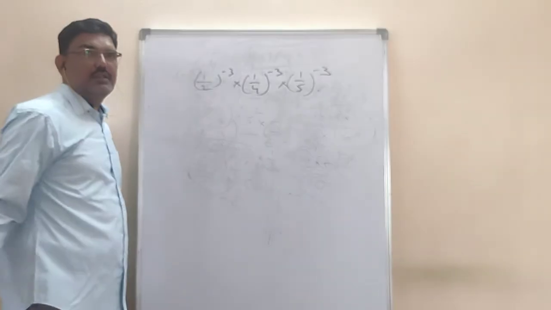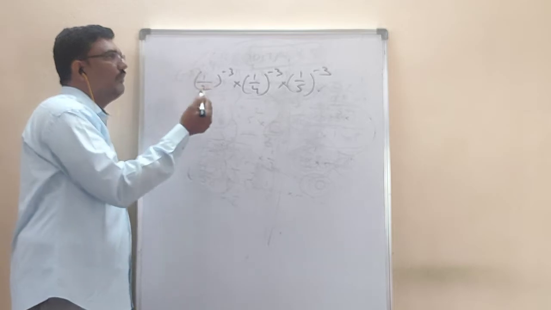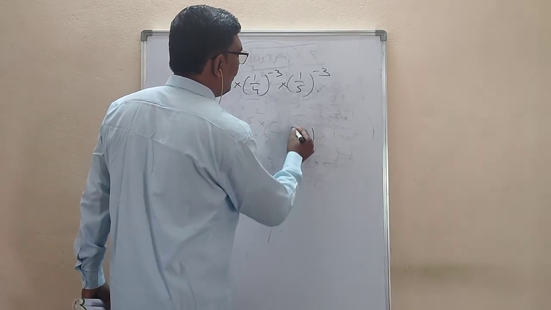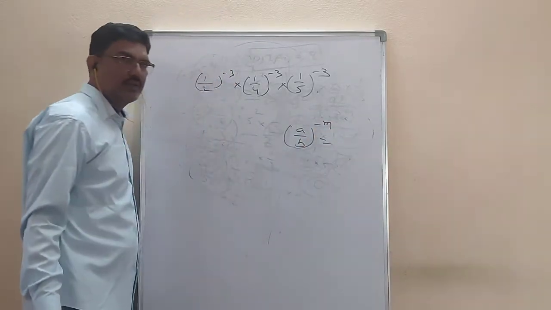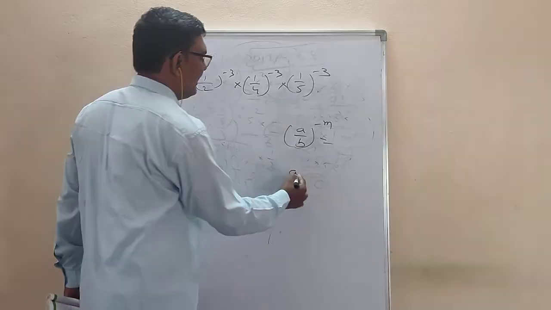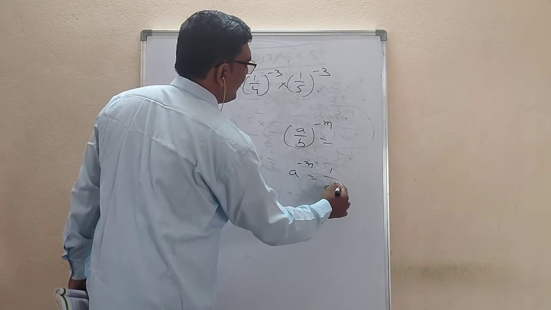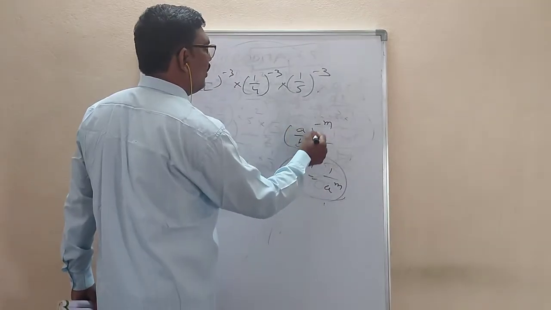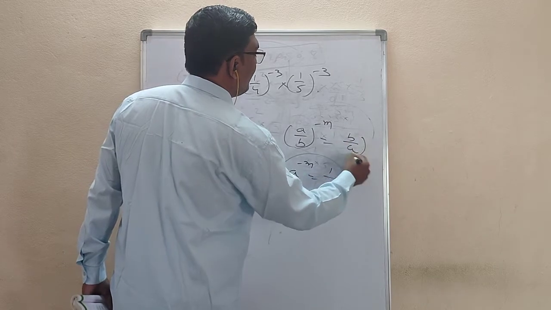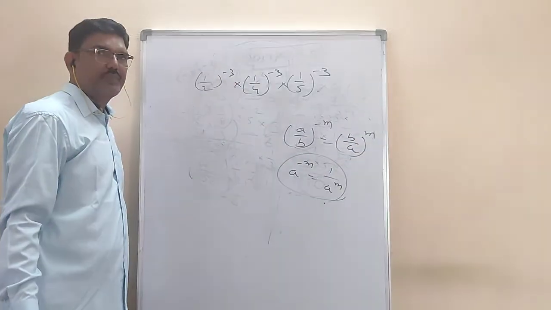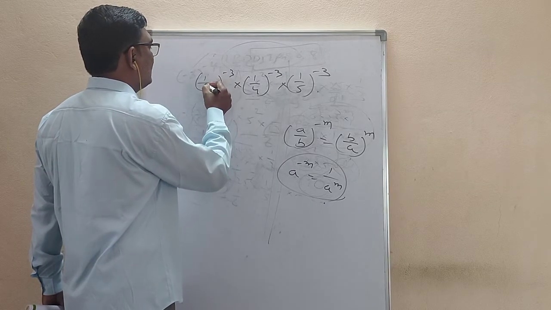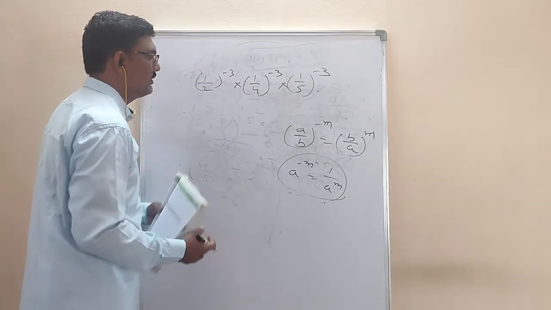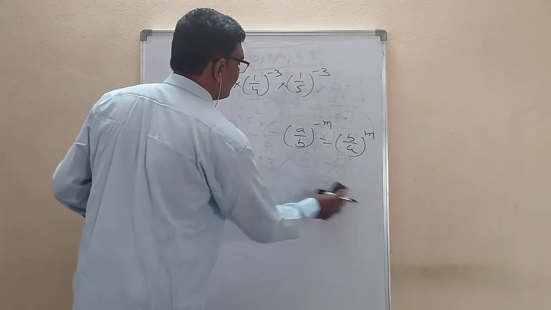See, they have given it like this. So we can apply a formula for this one. What formula do I have to use? (a by b) whole power minus m is there. Here a fraction is there. What I said: a power minus m means 1 by a power m. By using this also we can do it, but this is very easy. (a by b) whole power minus m you can write as (b by a) whole power m. See here, for a fraction in a power, if you have minus, remove the minus and the fraction should be reversed. So I am using this formula for this one.